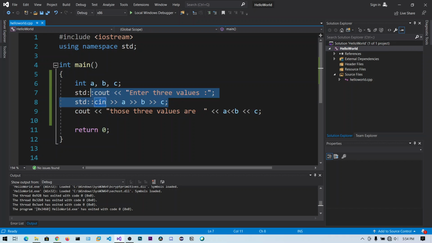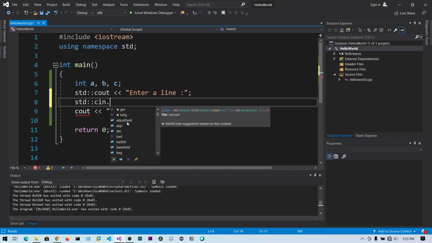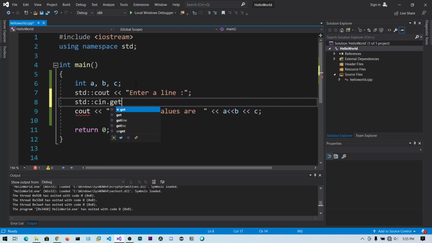I will also show you how to take a line as an input. So okay, enter a line. Now this cin object has some methods. If you hit dot, you can see these are the methods that the cin object has. A lot of methods. Now one method is get.